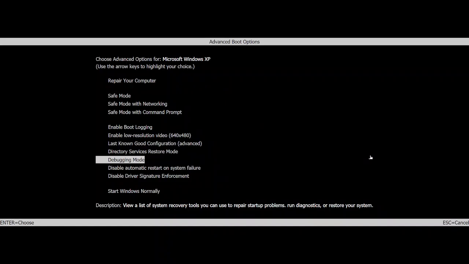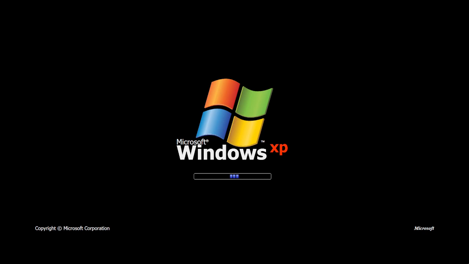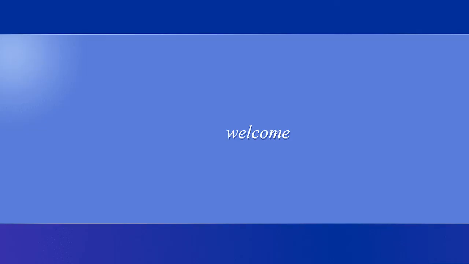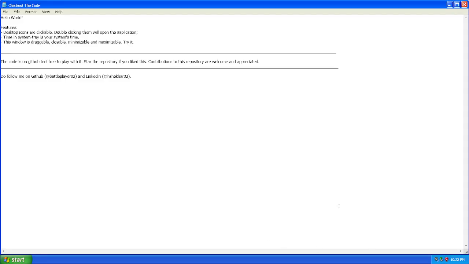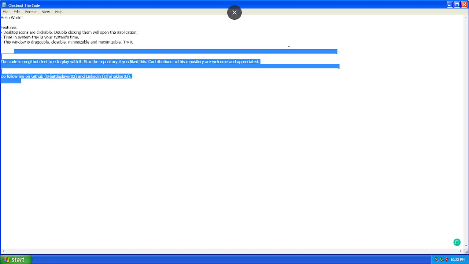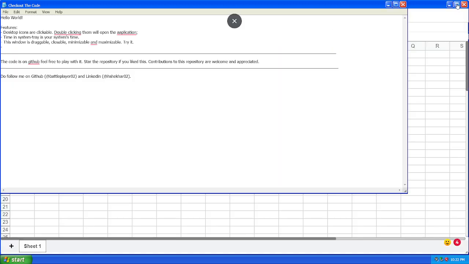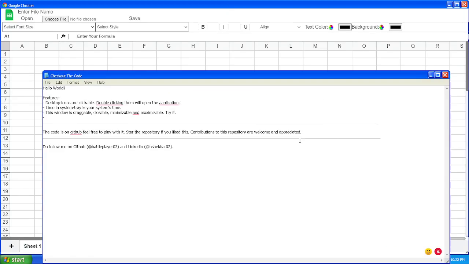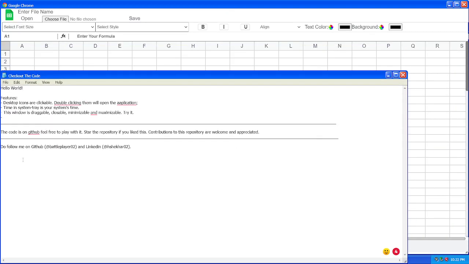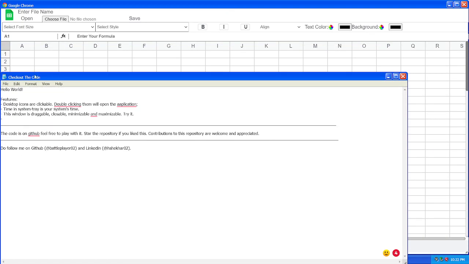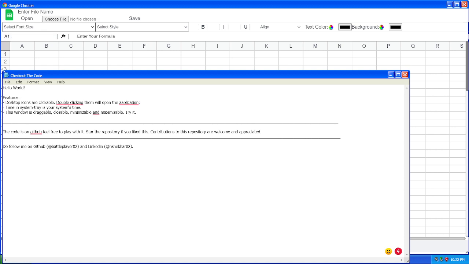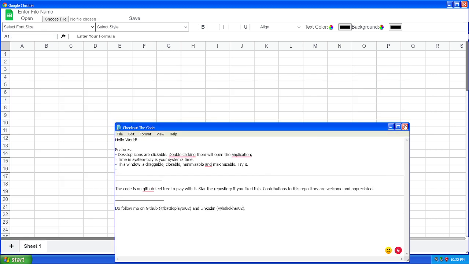So this is my submission for web coding web hack 2. Here I have tried to create the Windows XP experience on the web. You are greeted with this code animation. You can go with this text, read it out, and all these windows are resizable and movable as well. You can resize them like this or close them.